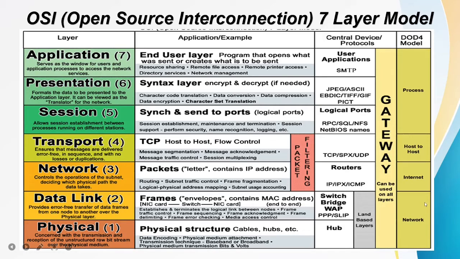So while coming to the receiver side, the data is received by the physical layer, then it goes to the data link, then network, transport, session, presentation and the application. Okay, so that is about the application layer. Now, if I have to say which is the highest level, then the application is the highest level.